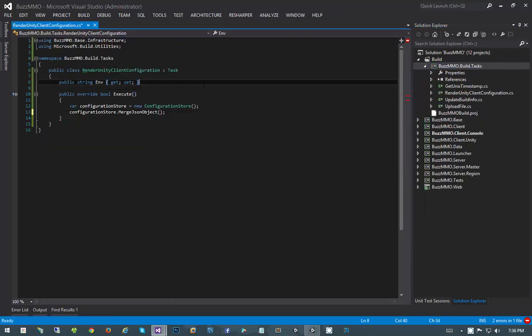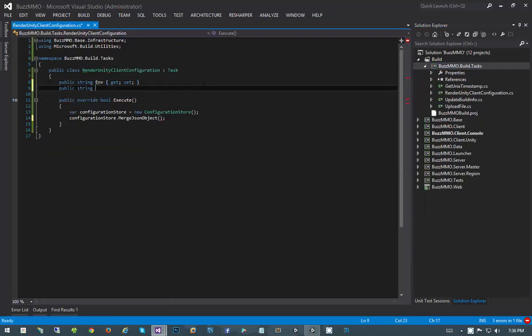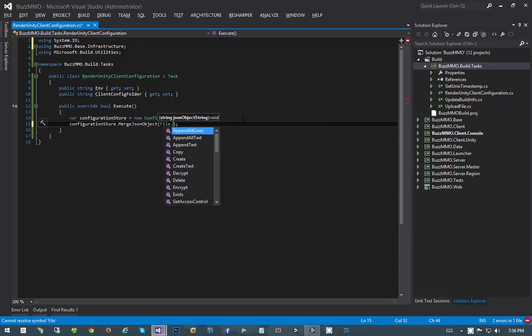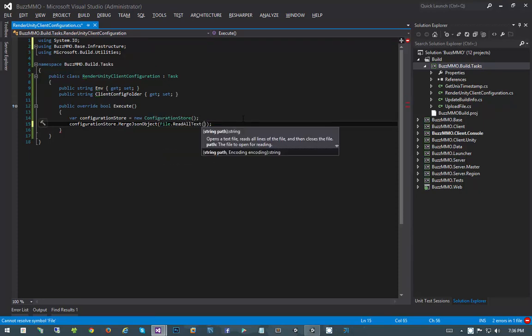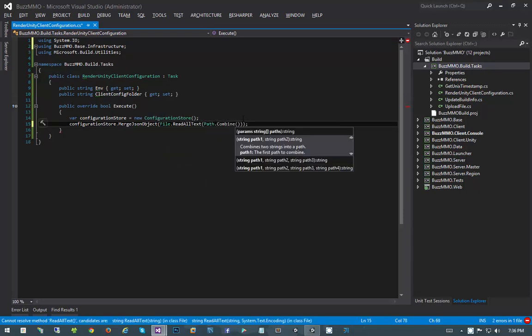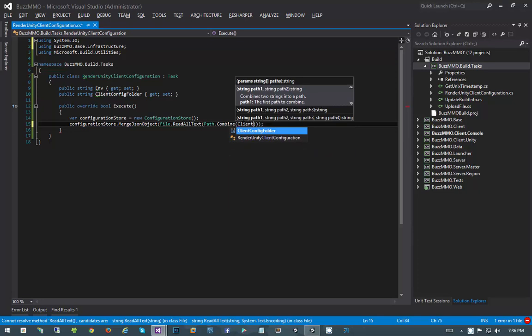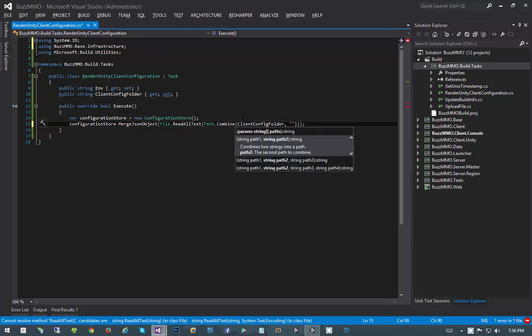Okay, what I'm going to do here is I'm going to have a public string env, and I'm also going to have a public string client config folder. Okay? So we're going to say configuration store.merge JSON object, and we're going to pass in File, which brings in System.IO, .ReadAllText, and then we're going to pass in Path.Combine client config folder, followed by